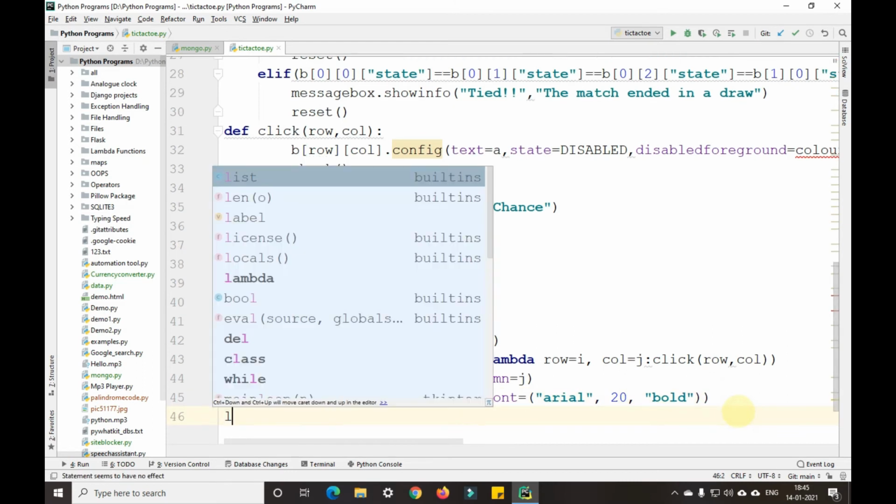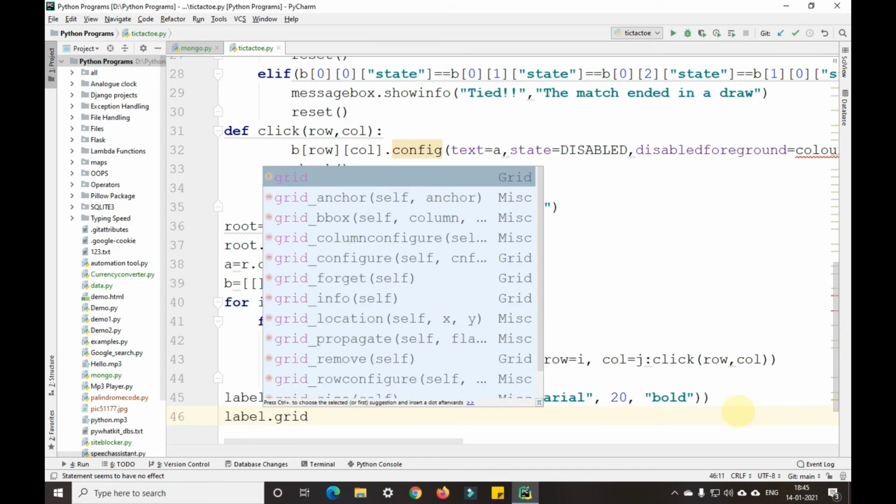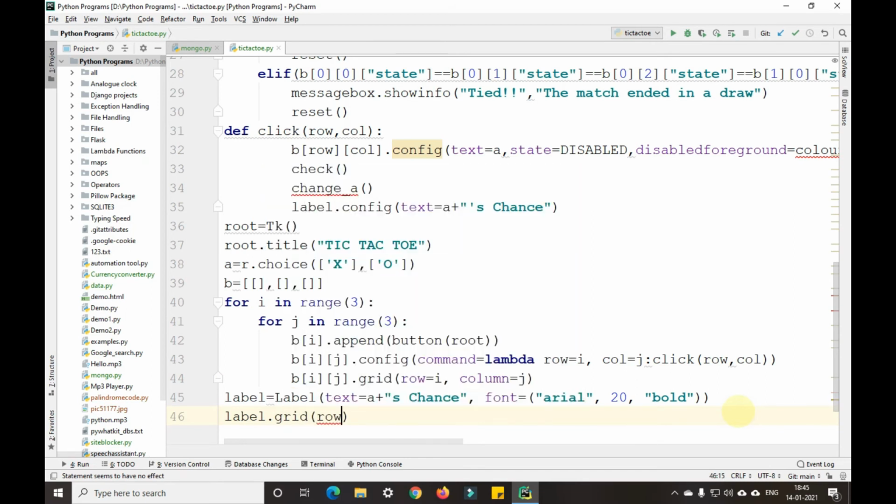After that thing, label dot grid of row equals to 3, comma column equals to 0, comma column span equals to 3.